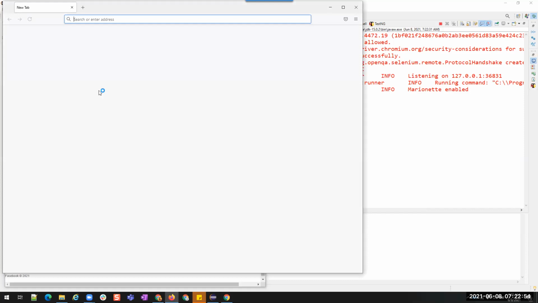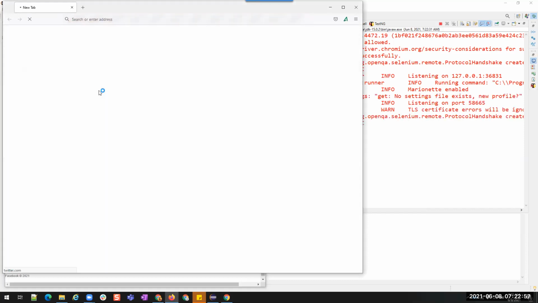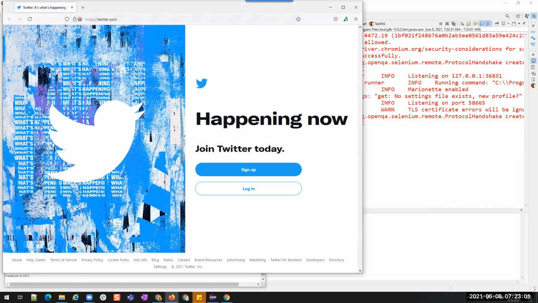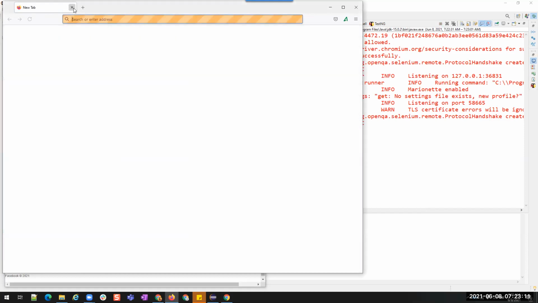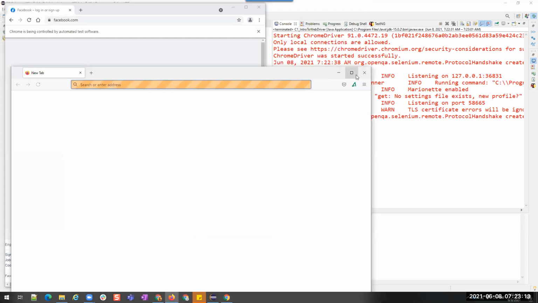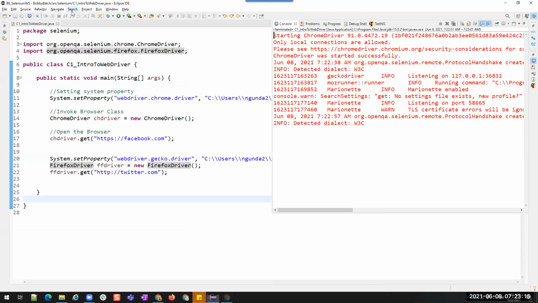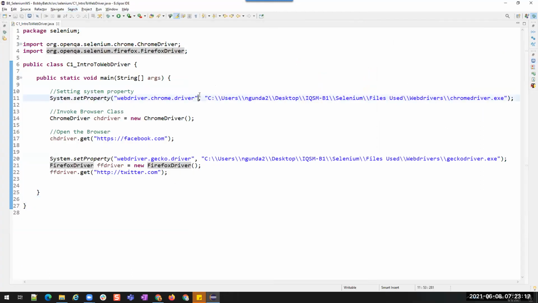Firefox is opened, and it is opened with the Twitter site. Right? Now we got whatever we want. So now we are able to open these browsers. We are able to understand how we invoke a browser.